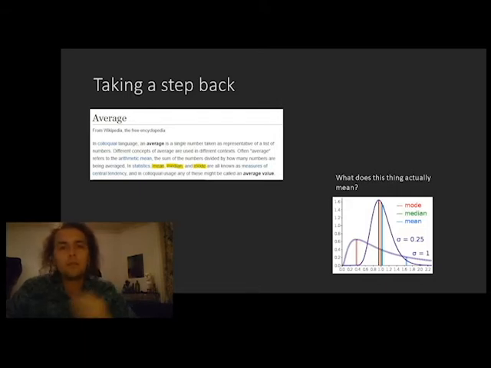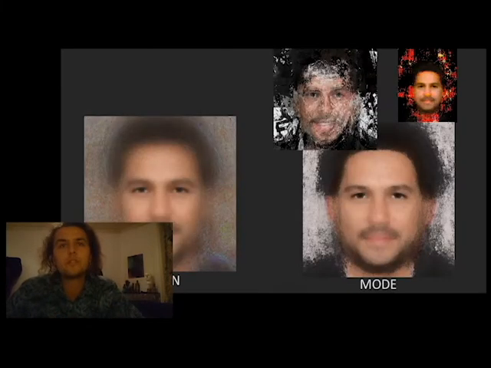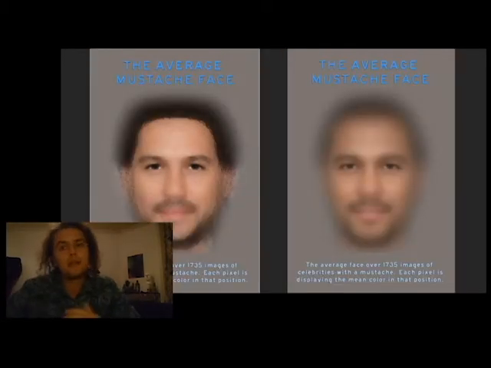It got me thinking, what does the average actually mean? There's a lot more to it than just the mean, which I was using all the time. You also have mode and median. I chose to go with the mode here and compared it with the first image I generated for the mean. Now I found something where I can manipulate the data and thereby impact things in the face, like the skin tone and the hair color.